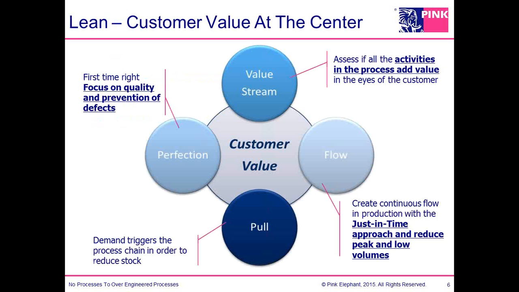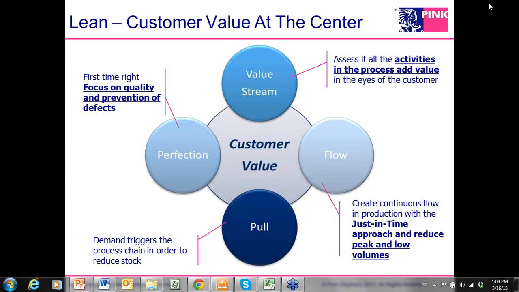So when we start thinking in terms of the customer value, it's really at the center. And, you know, some of the things that we have to think about is that focus on quality and prevention of defects. That's, you know, first time final type things that we always want to take a look at and truly understand what is going on. Also, we have to make sure all the activities that we are performing are really those value-added activities. And that's a tough balance for some organizations, because they have a tendency to want to be more effective, and they also don't have a good decision-making model in place, so therefore there may be a lot of wait time waiting on decisions.